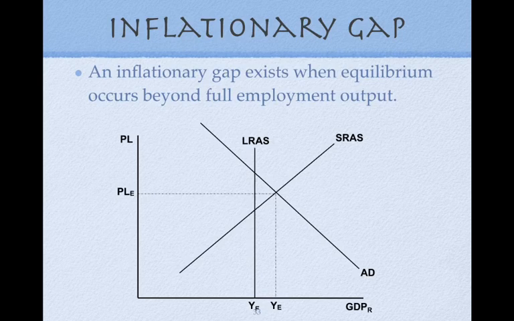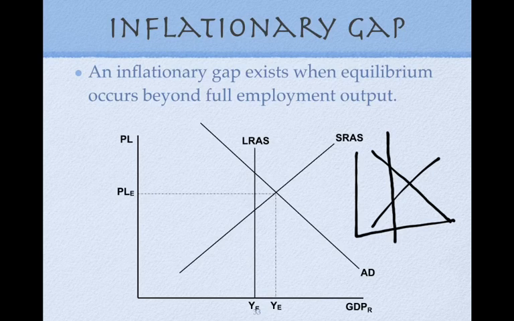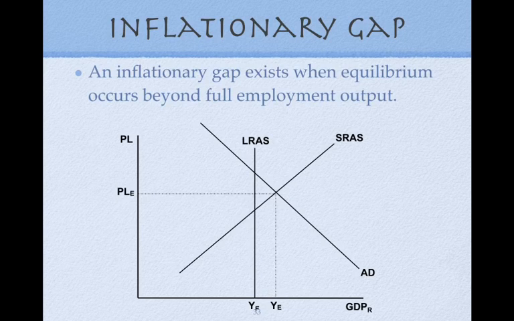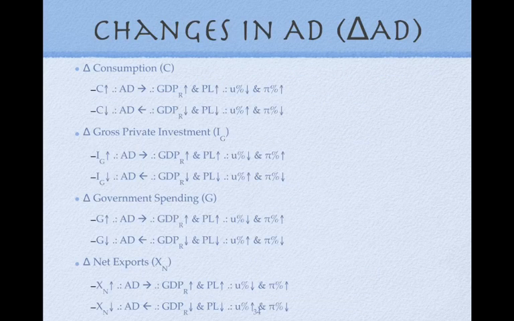So you might go through here and practice this on the side of your slide again. Draw your X, with an upward sloping SRAS and a downward sloping AD, and draw your inflationary gap by drawing that line inward from where it was. This next slide is going to look like a whole lot of information to you. Basically, it is getting you ready for statements. This slide is sort of a cheat sheet